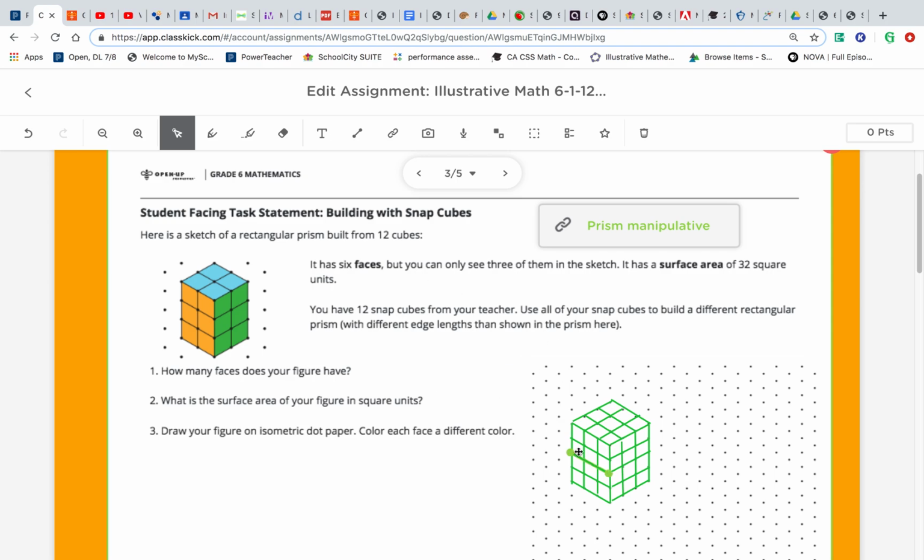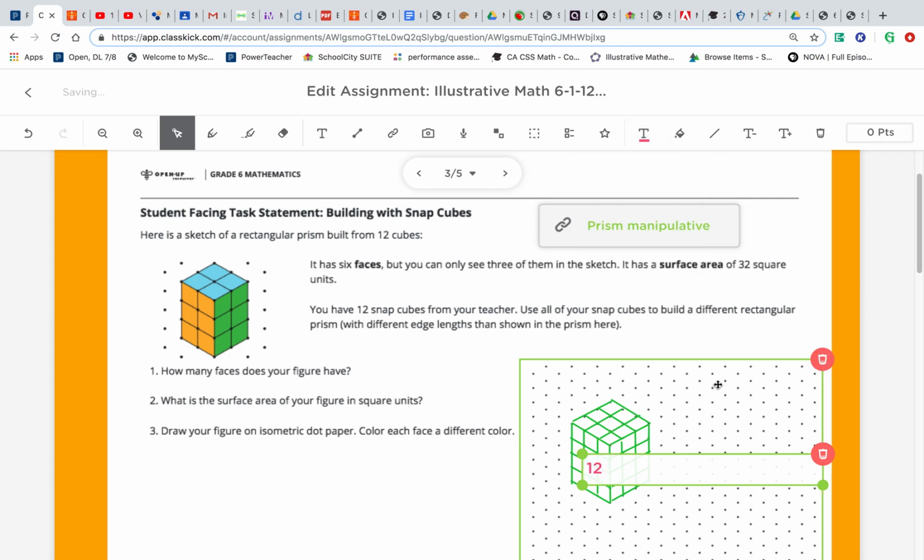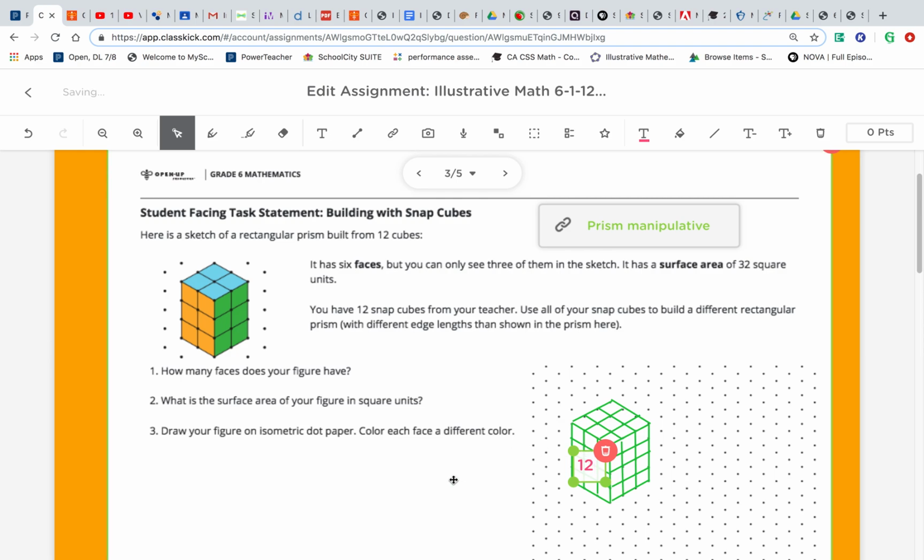So we're going to do the same thing for my prism that I just drew. If you look at this front side, we can see here it's going to go down 4 and over 3. So that's 12. So I can go in here and I can call this one 12. Maybe I'll use a different color. I'll use pink. Okay, so we'll call that one 12. But then we also know that we have a 12 on the backside that we can't see. We know this is 12, and we know there's 12 on the backside here we can't see. So really what we have is